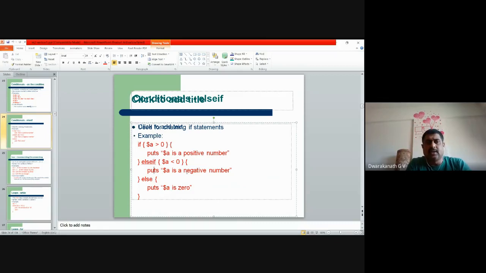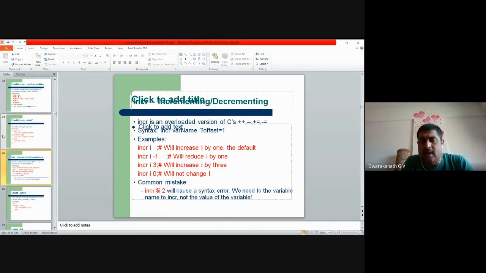And we had discussed the increment operator also, how the increment operator works, that I have explained already. INCR I will increase the I value by 1 by default. If you don't give 1 also, no problem here. By default I will be incremented by 1. If you want to decrement, then compulsorily you have to give -1. That you have to keep in your mind. Increment by any other value, then that value should be specified. Increment by 0 will not change the I value.